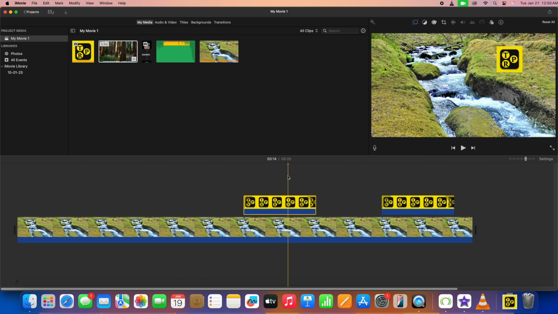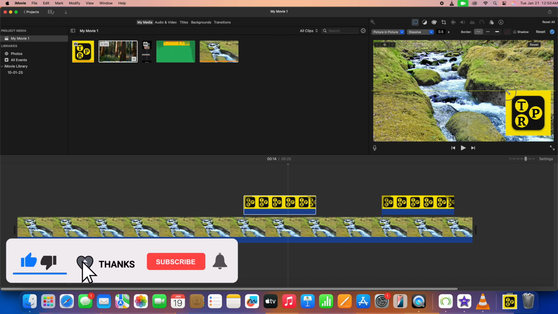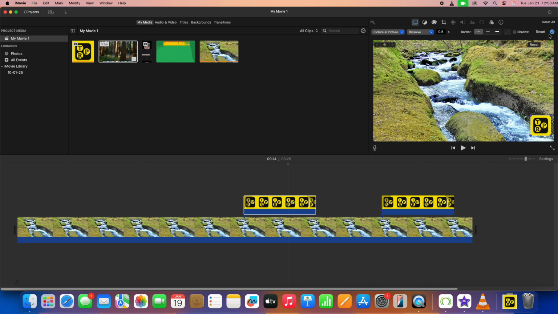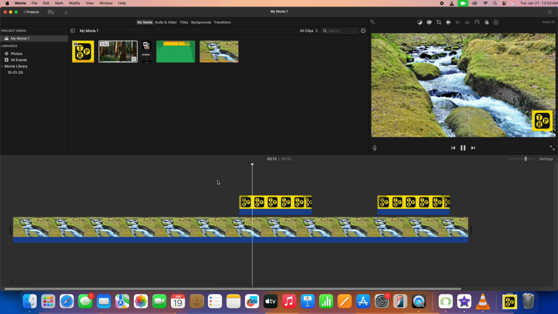And while this image layer has been selected, we can also click on this overlay settings again and resize it to fit our needs, like this, increasing from the corners or simply clicking in the middle and dragging it like this. So if you want to put it like a watermark in the bottom right corner of your video, you can keep that like this. And once that is done, you can click on this done check mark, and that will simply put the image on top of the video like a watermark, like this. You can see if I preview it, you can see the image on the video. So this is how you add pictures or images on top of video in iMovie.